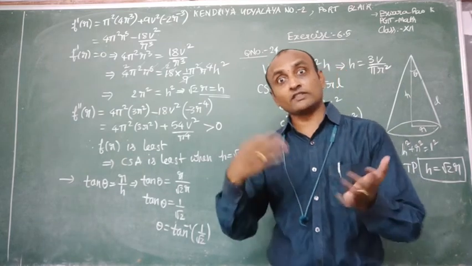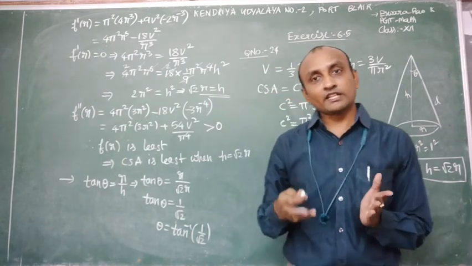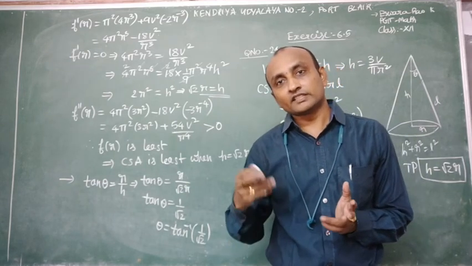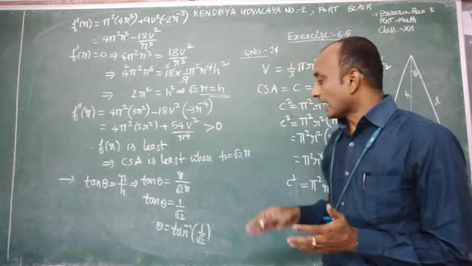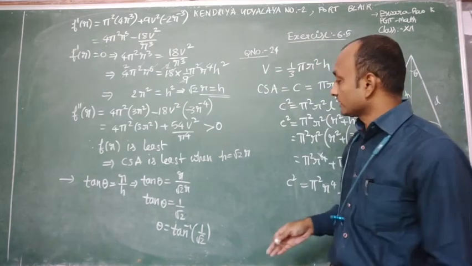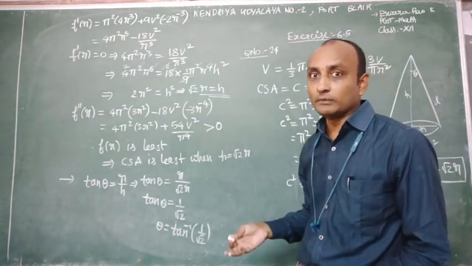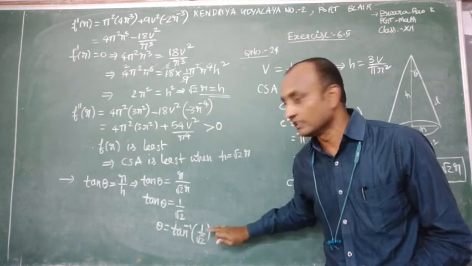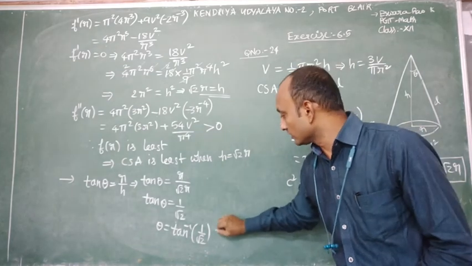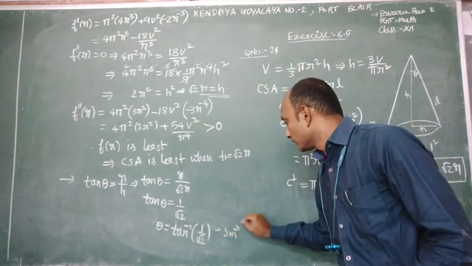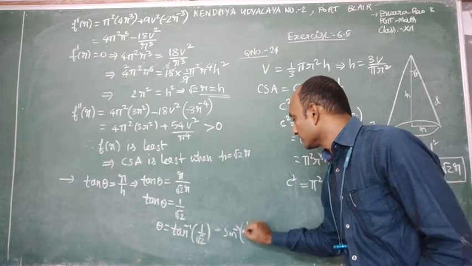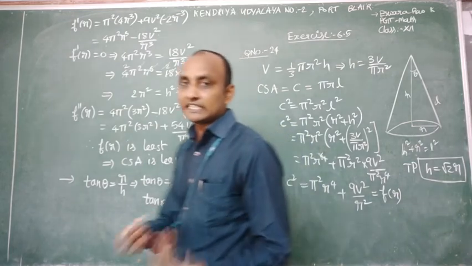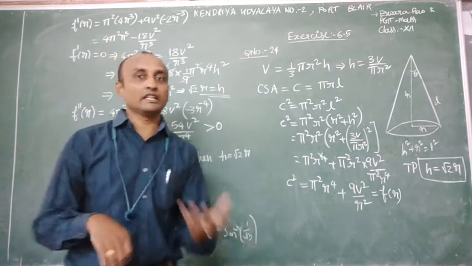This question in another way they ask. Prove that the semi-vertical angle of a cone with given volume and the least curved surface area is sine inverse of what? 1 by root 3. Sine inverse of 1 by root 3, you know very well. After doing tan inverse 1 by root 2, using inverse trigonometry, find out sine inverse, which is equal to sine inverse of 1 by root 3, because using a right angle triangle you get 1 by root 3 here. So like this, the questions will be repeated. The same question they can change and ask.